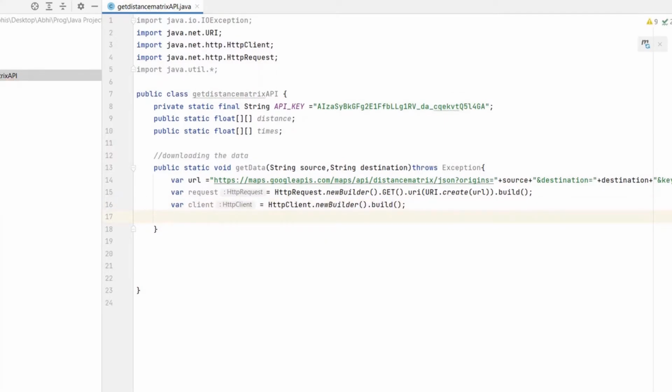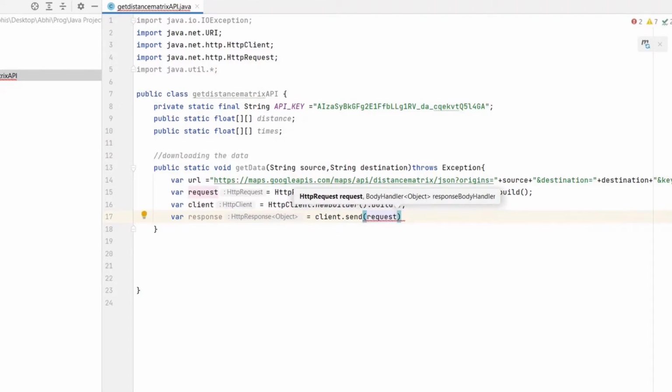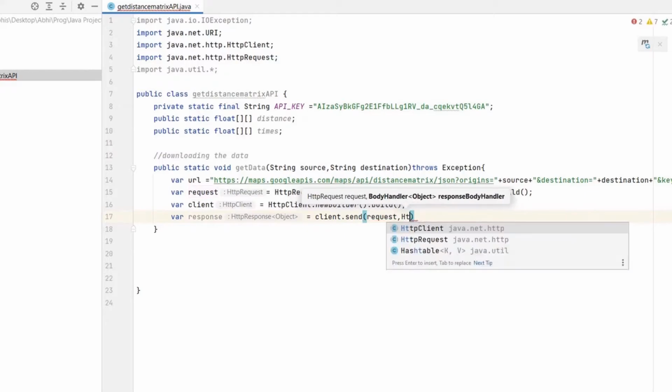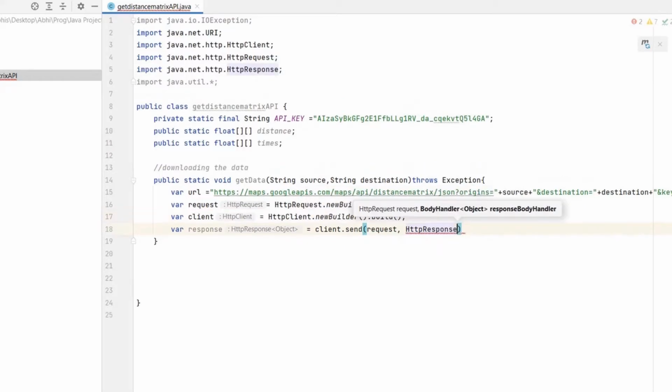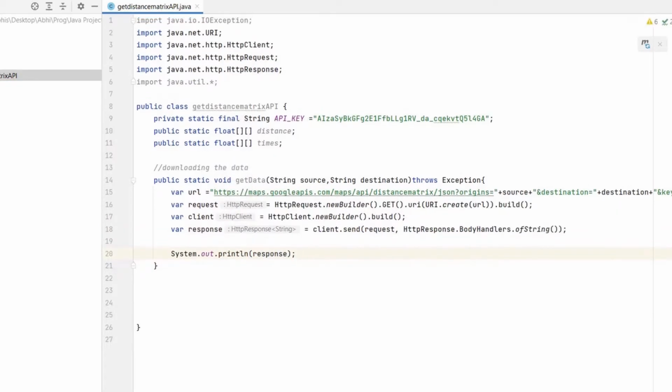Then the variable response, this variable will store the response which we are going to get from the API call. So then client.send, and in this we are going to pass the parameter request, HttpResponse.BodyHandlers.ofString. This will convert the response into a string.